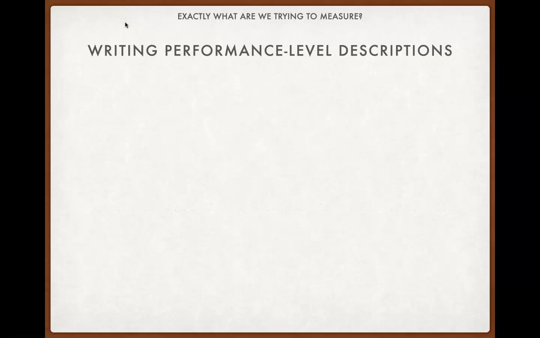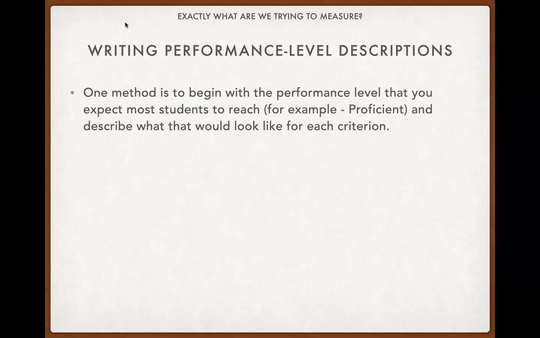So as we go to write performance level descriptions, one method to begin this process is to begin with the performance level that you expect most students to reach. So for example, maybe you expect most students to reach the proficient level. That's what we want. We want all of our students to be proficient in every topic that we cover, right? We would like them to be exemplary, but we at least want them to be proficient. And describe what that looks like for each criterion that you have determined for your rubric already,